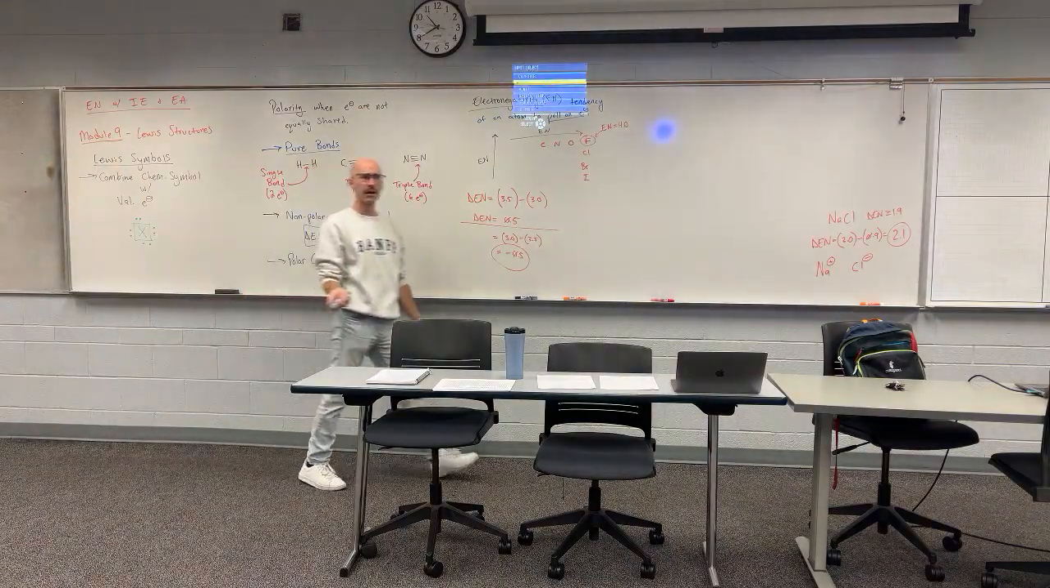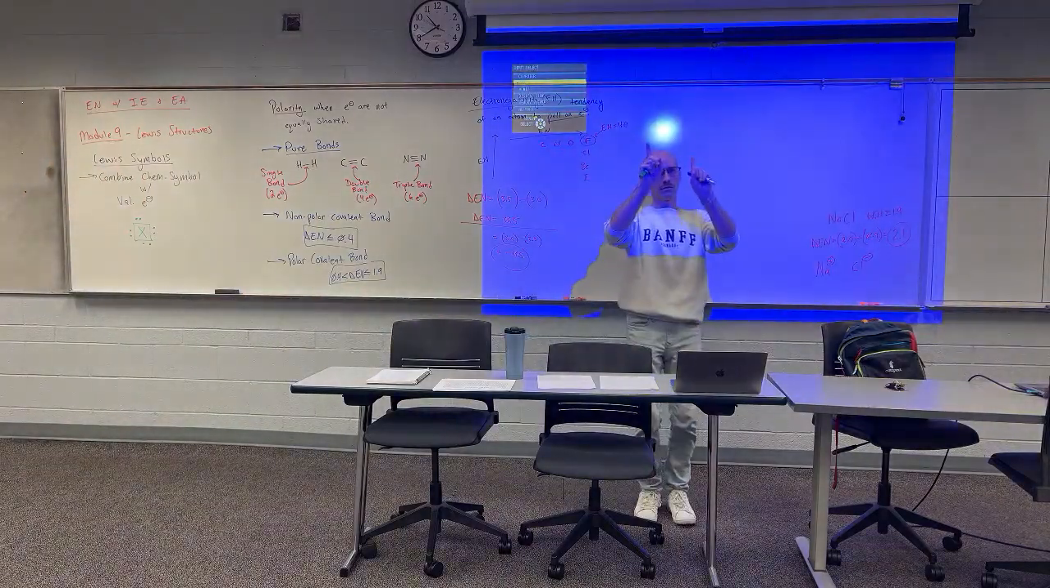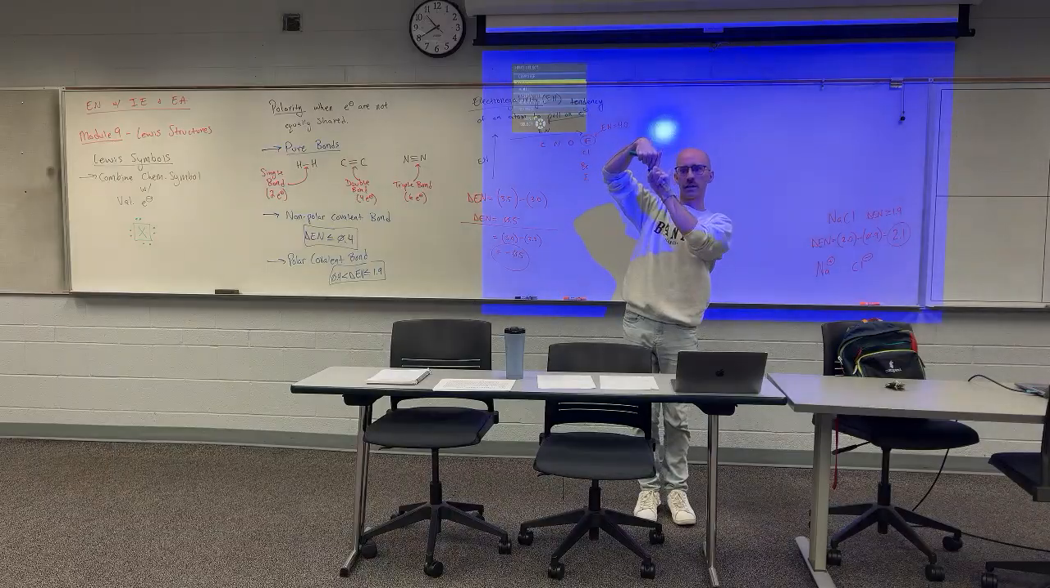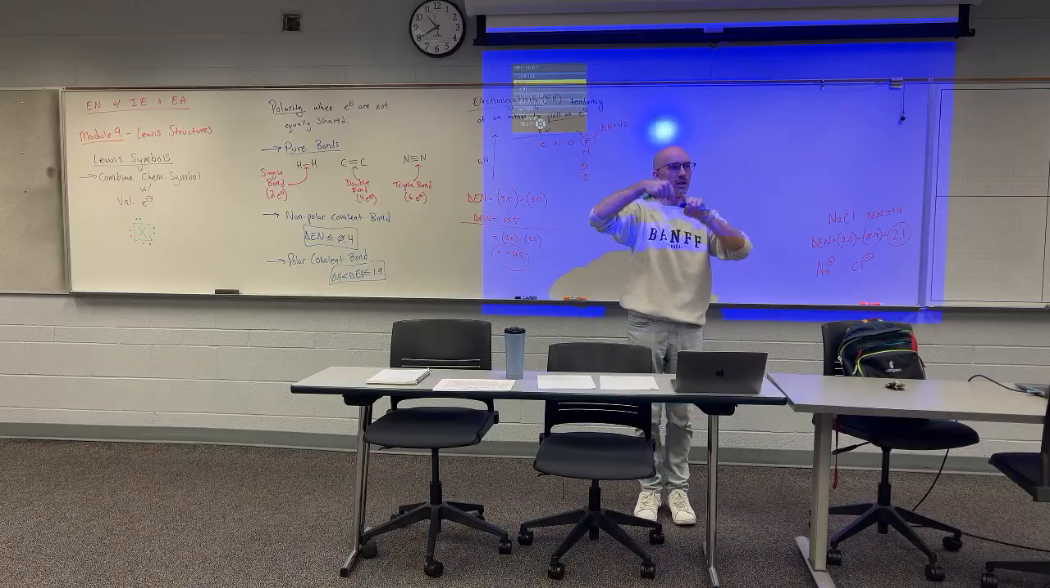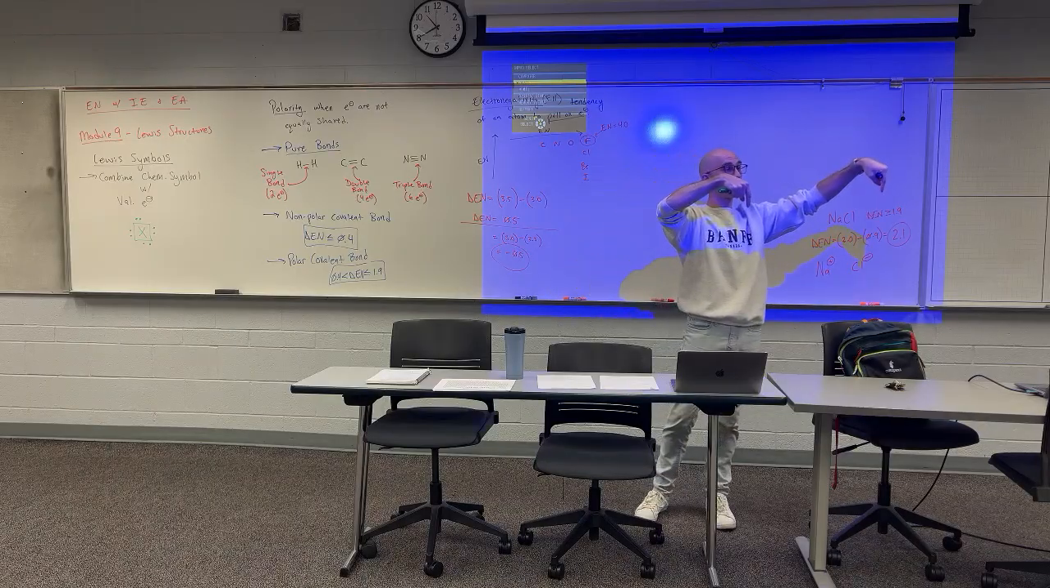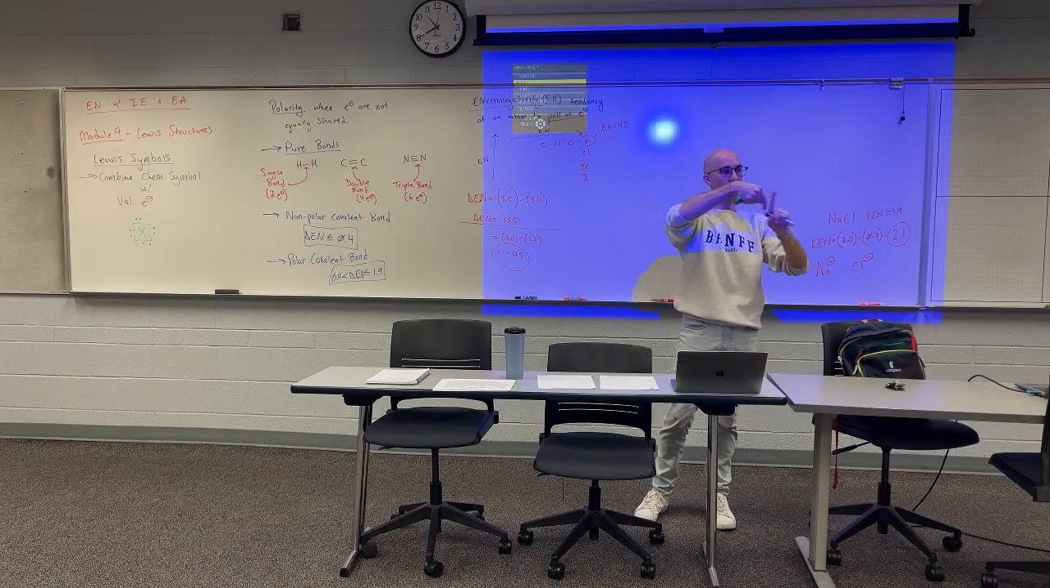Why do electrons pair? They're little magnets, so they like to be paired up with each other. But with Lewis symbols, just like with orbital diagrams, we're going to keep everything unpaired first before we start providing